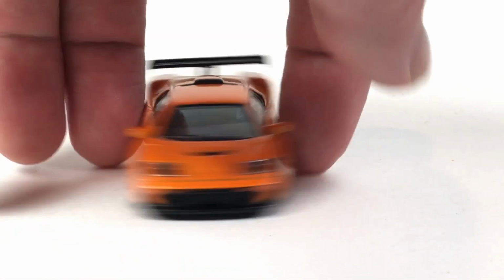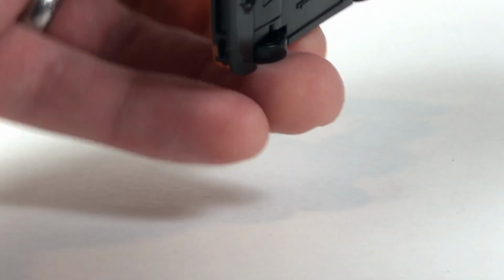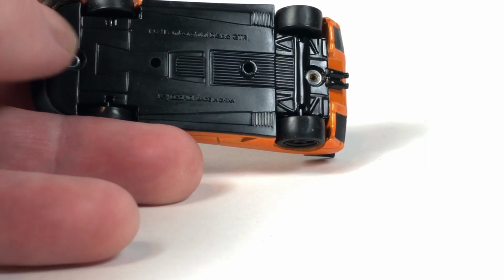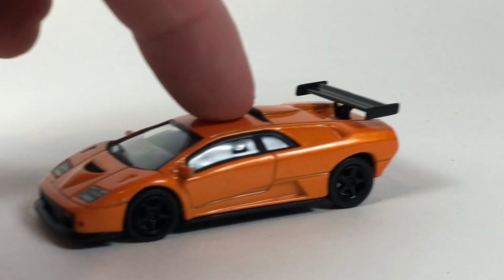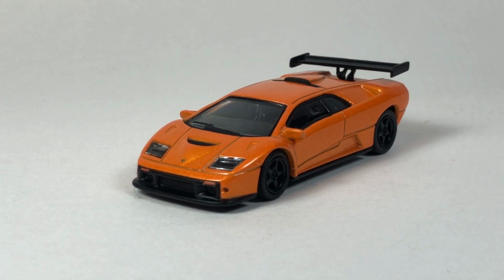Very, very cool. So lens detail, of course, all the way around. It's got, you know, the details you'd expect from Kyosho. This one has a lot of weight to it too. Plastic base though, it rolls. That's pretty awesome. All right, so there's that one, and the next one we're going to pull out is in